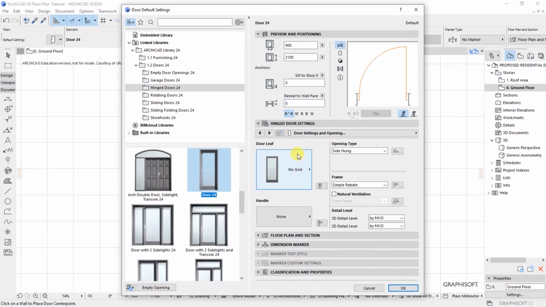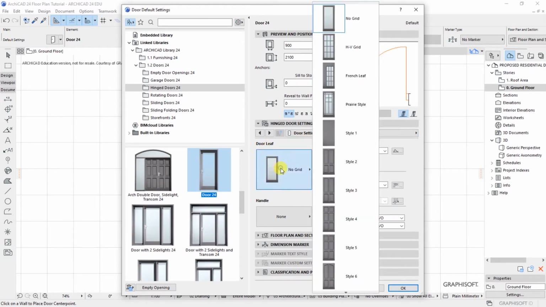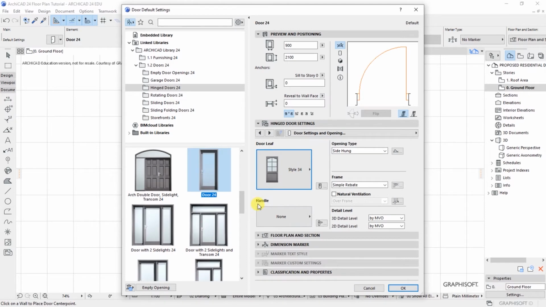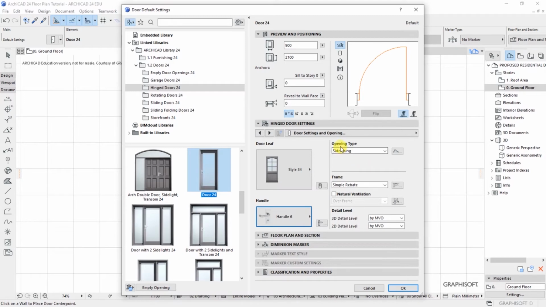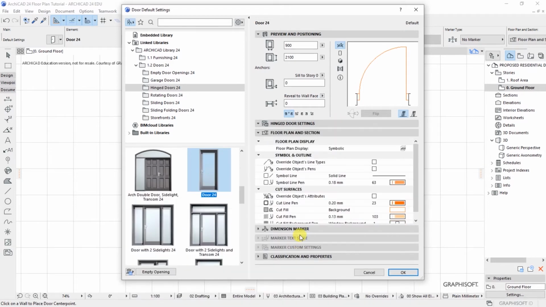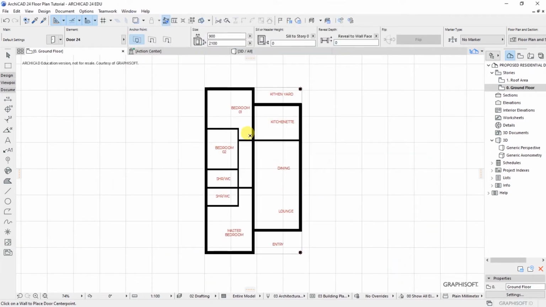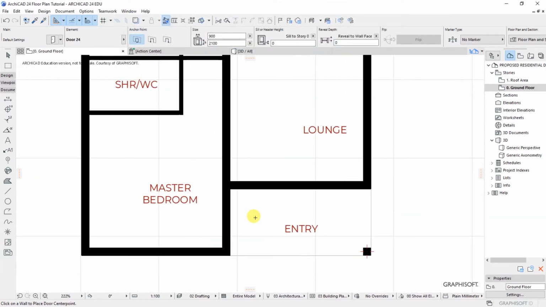Under hinged door settings, we have door leaf, I will scroll down to style number 34. That's my favorite. I will check the handle as handle number 6. The door opening type is side hang with a simple rebate frame, and that's okay for now. We click OK. Then I have a door here when we are entering the house,